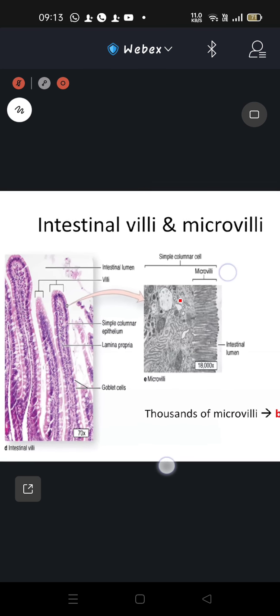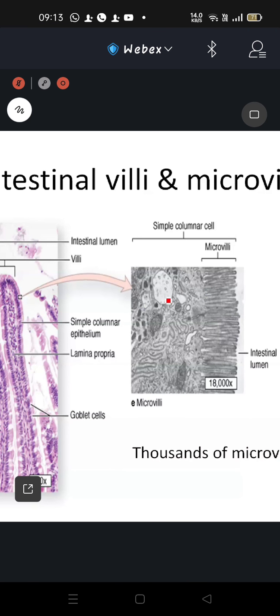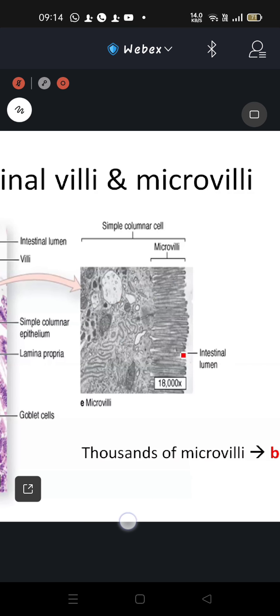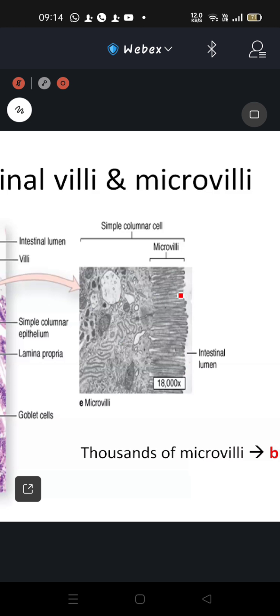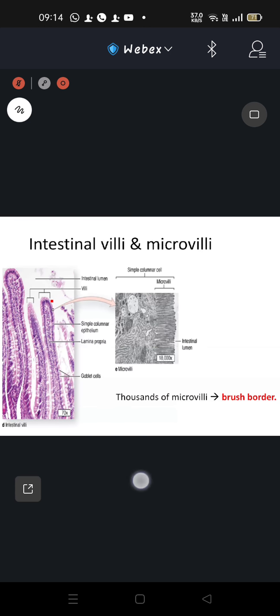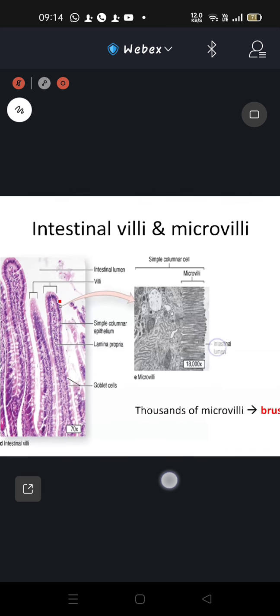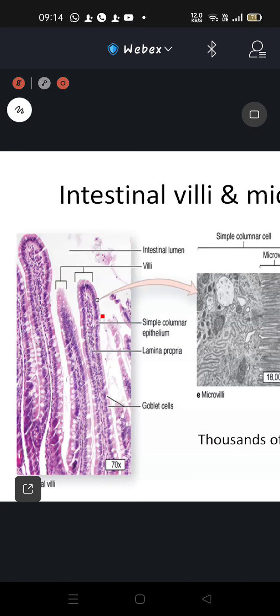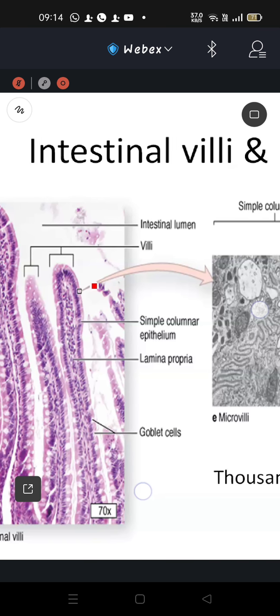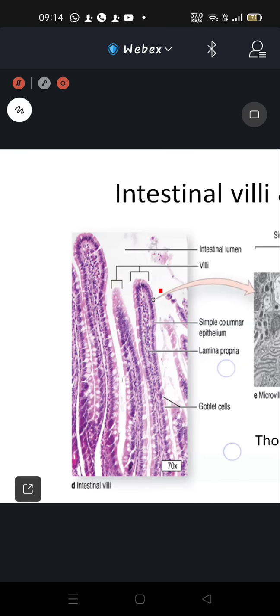And as it is shown in this electron microscopic view, you can see this apical surface filled with the microvilli. And because of the presence of these thousands of microvilli, there is a striated appearance of this apical portion. That's why this lining epithelium is often known as having a striated or brush border. You can see this portion is striated or brush border. It is not uniform, and this is only because of the presence of microvilli on their apical surface, imparting them a brush border appearance.